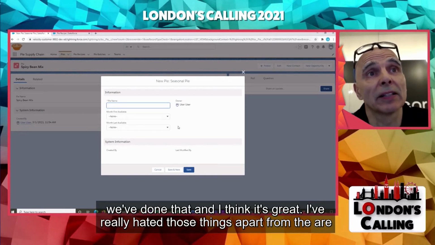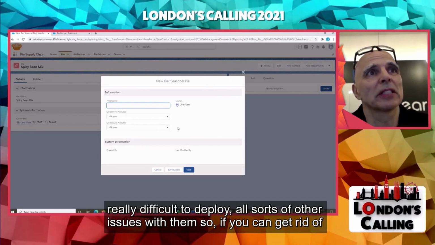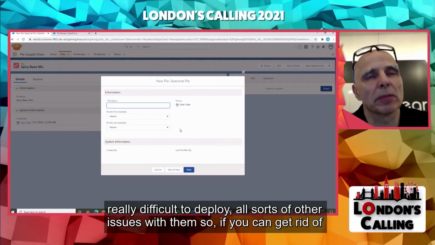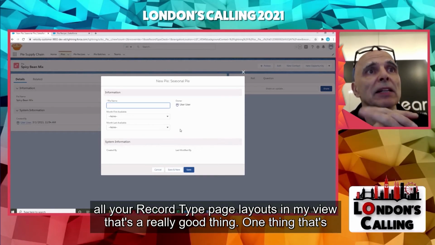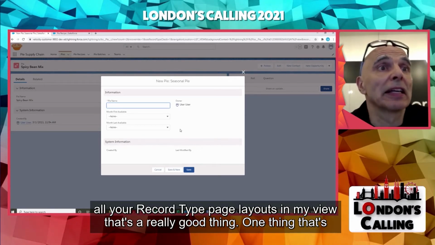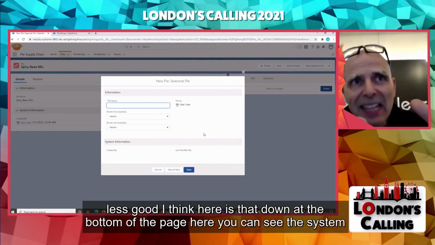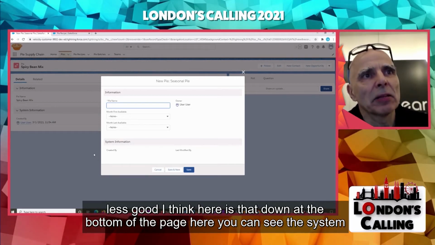I really hated those things. Apart from anything else, they're really difficult to deploy, all sorts of other issues with them. So if you can get rid of all your record type page layouts, in my view, that's a really good thing. One thing that's less good, I think, here is that down at the bottom of the page here, you